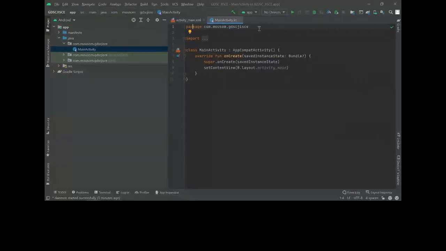Here you can see the package name is the same as we gave the first time when we created the project. And here you can see there is a class, the main activity class. What a class means is that it's a blueprint. Blueprints mean, suppose you hired a civil engineer to make an apartment.